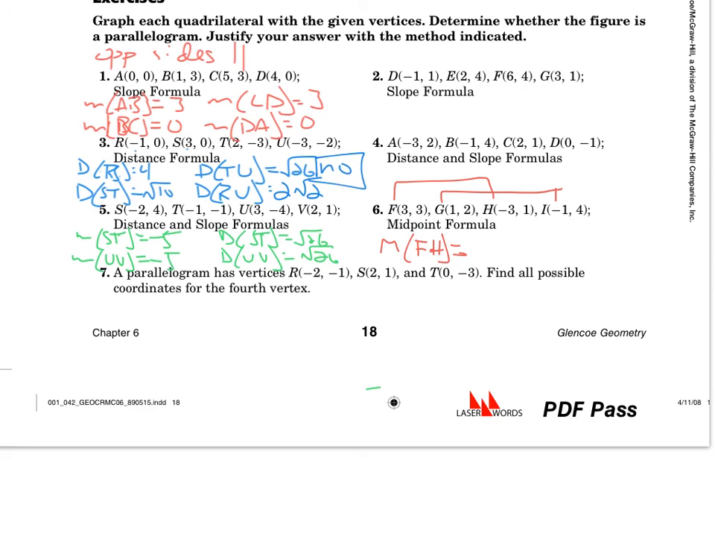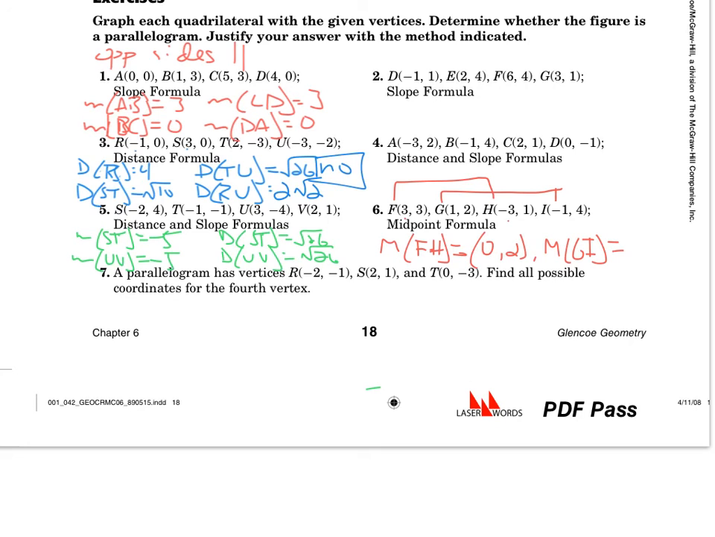So remember, for the midpoint, you find the average of the x's and then the average of the y's. So 3 plus 3 minus 3, you add up the x's, divide by 2. That's 0 divided by 2 is 0. And the y, you add these up, you get 4 divided by 2 is 2. Or halfway between 3 and 1 is going to be 2. And the midpoint of GI,